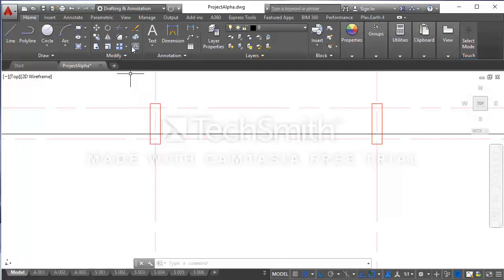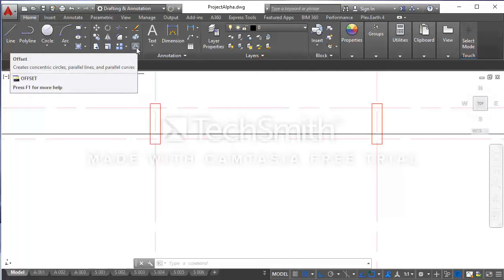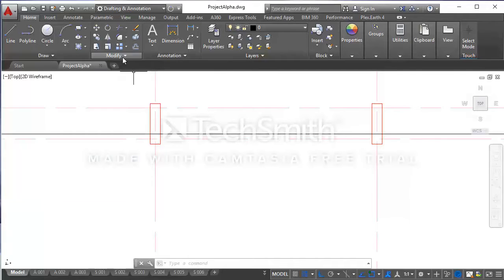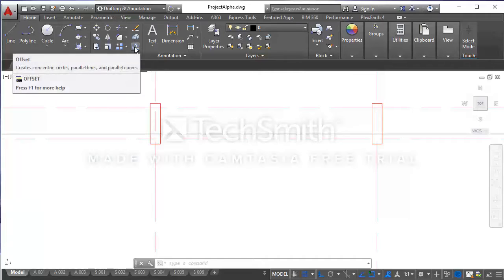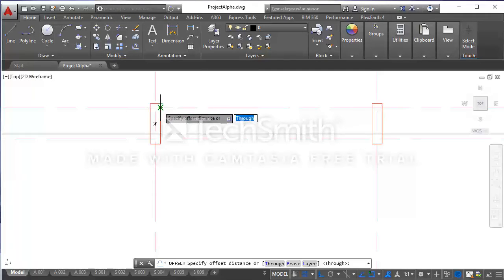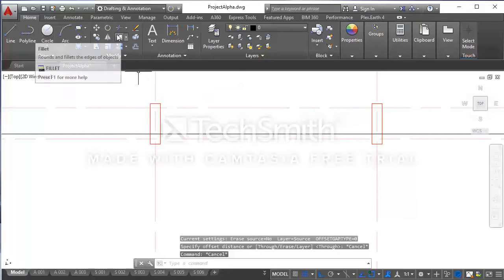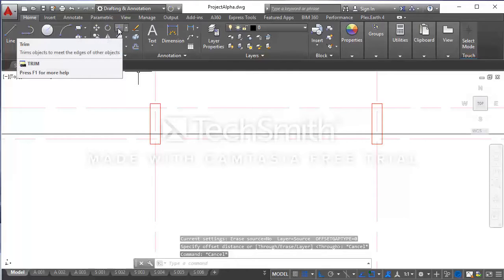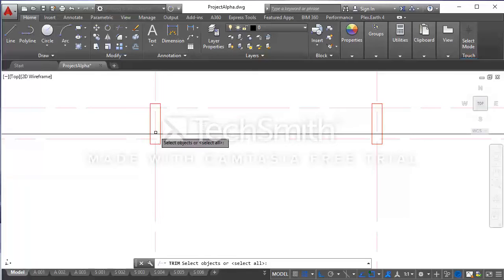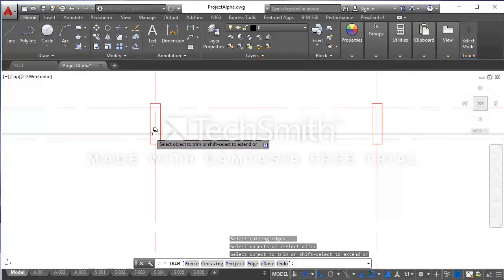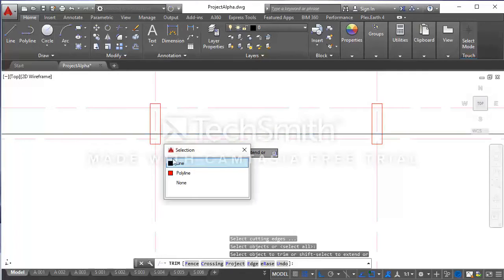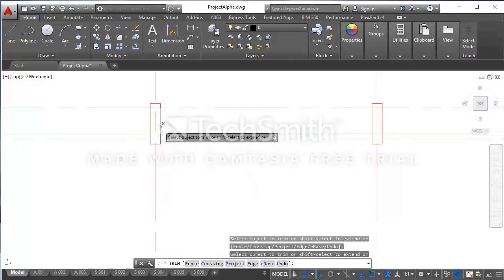So using the trim command on the modify panel on the home tab, I'll use the trim command. Okay, this is the offset command. The trim command is located here. Click on it. So I will start trimming my line.